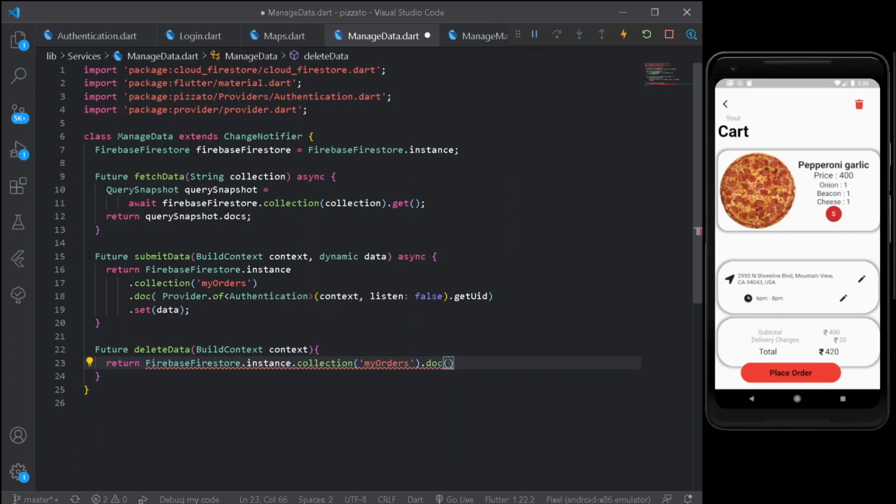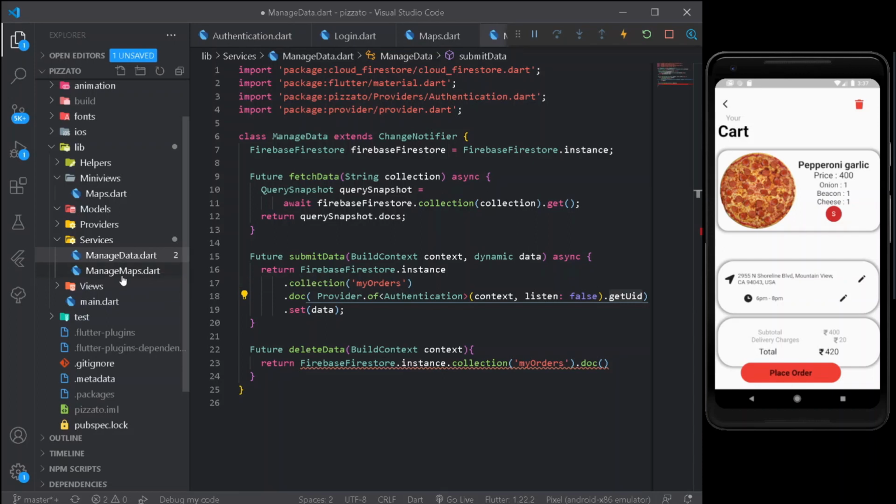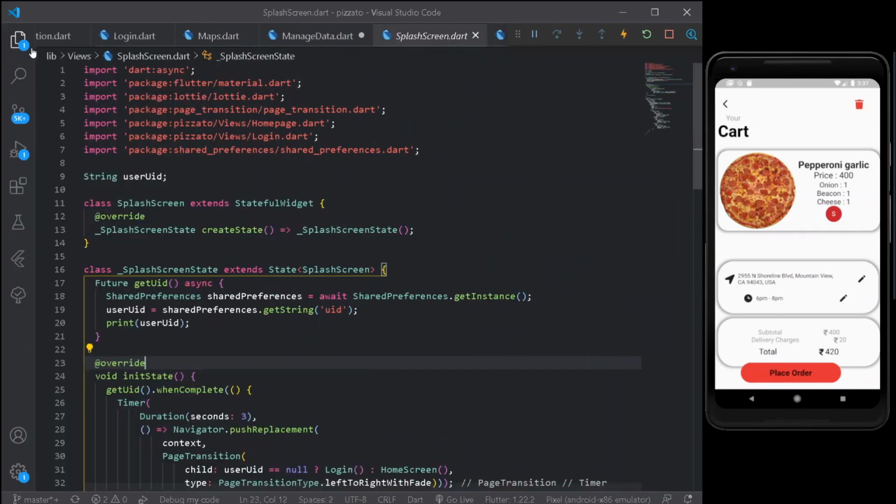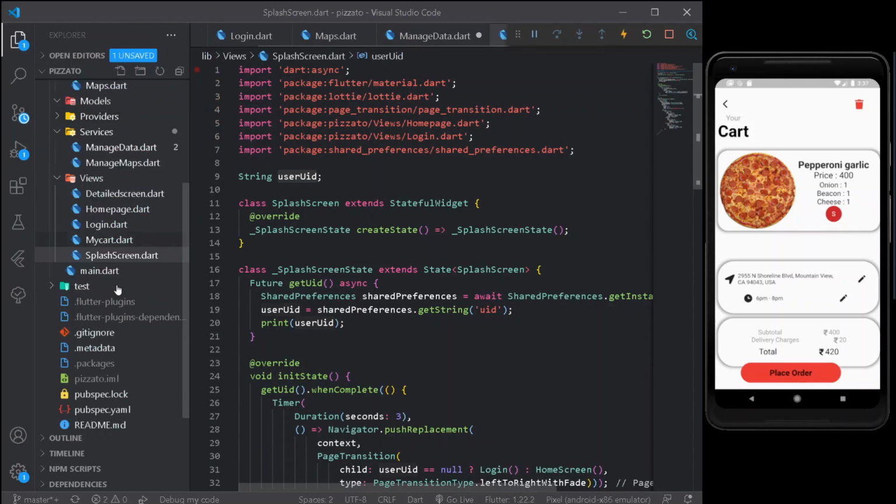So if you observe under our submit data we are taking the provider's UID, but under today's video we have changed the following thing, that after reloading our entire application once, we won't be getting the following user ID but the user ID of the shared preferences. If I show you, if I go under my splash screen, we are taking our entire work with the following user ID but not the user ID from the authentication tab, which I showed you, which will be under this.